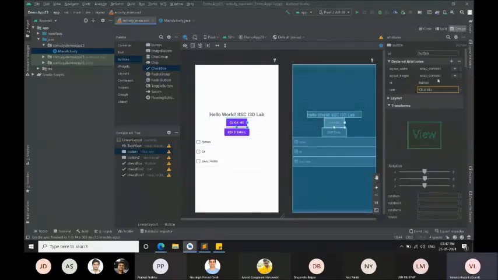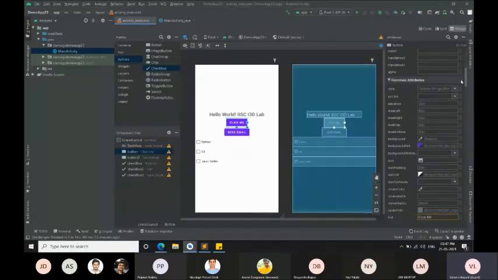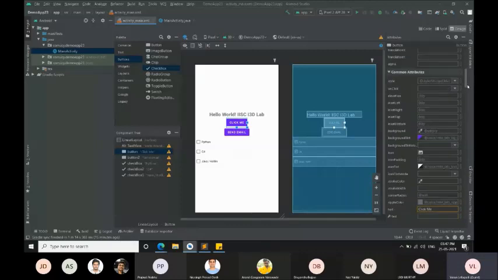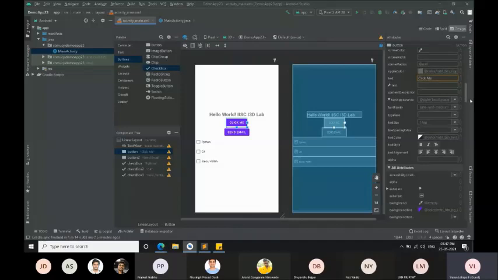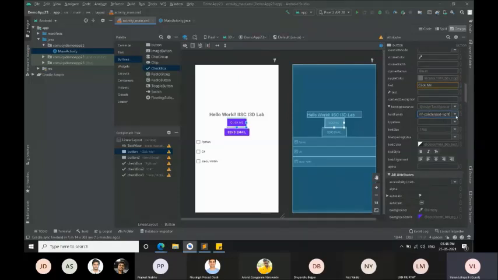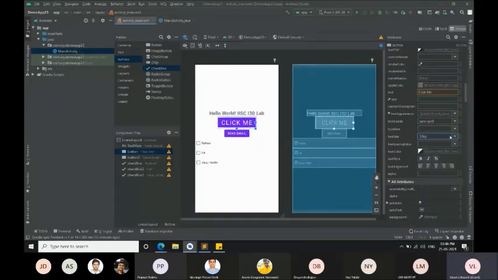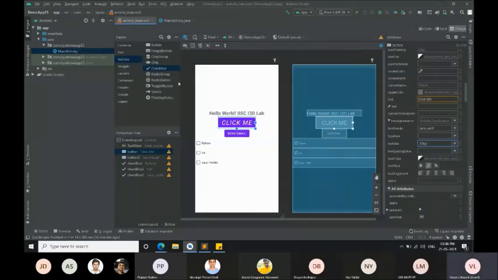So this is also a button. Again, I gave the text as click me, and I'm coming down, and I have style over here, and what it should do, I will show it. Next, we have font family again here. I'm giving it some font family that is not that good, so let's change it to sans serif. Now you can again change the text size, like 36. Okay, it's 130. So we can change the text color or the text style. So this is what we can do with this.